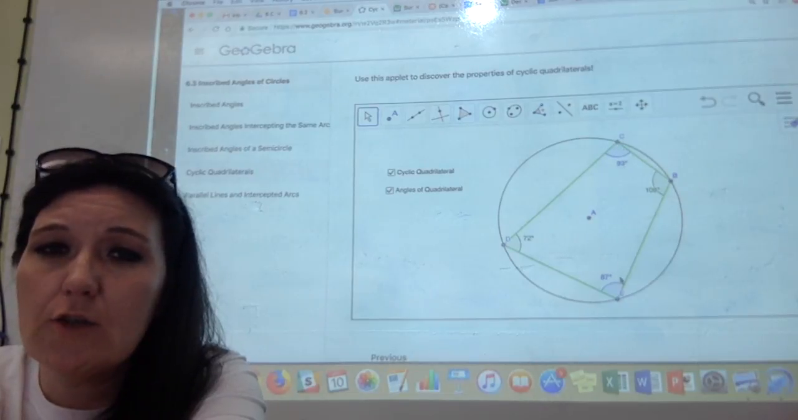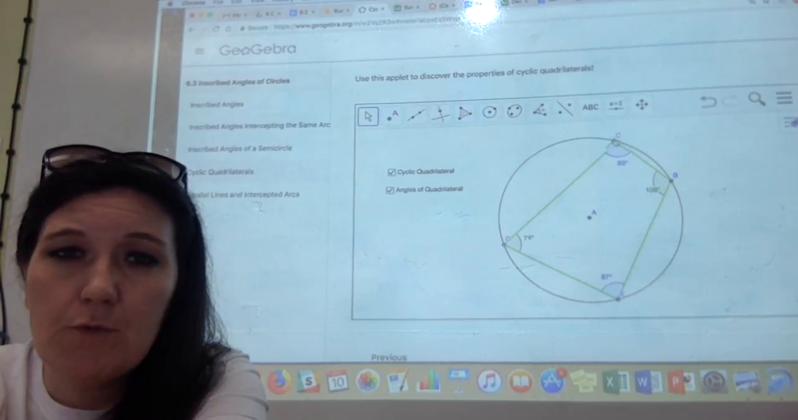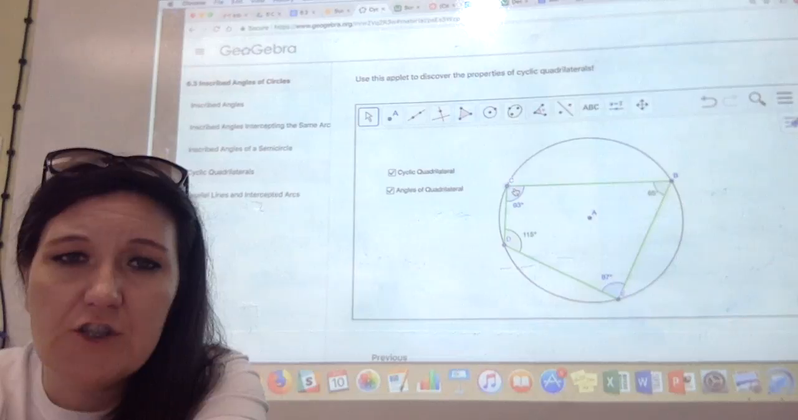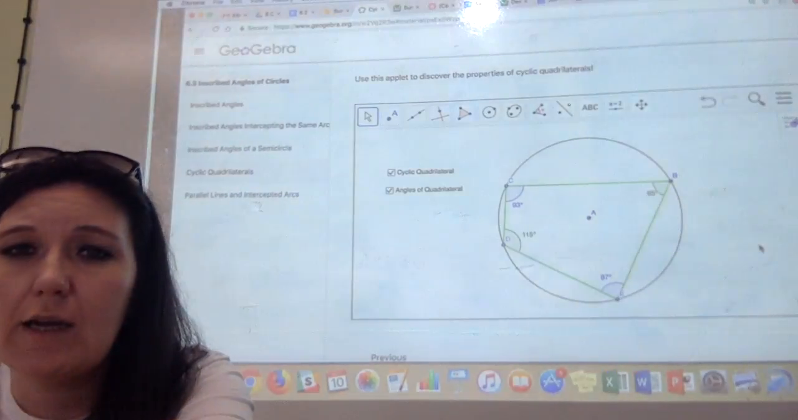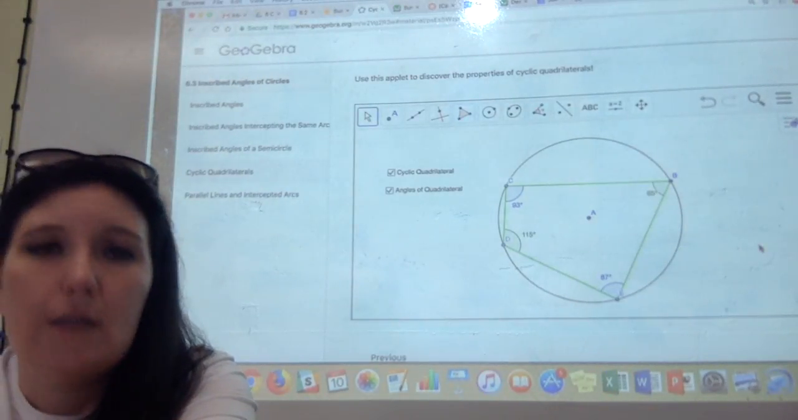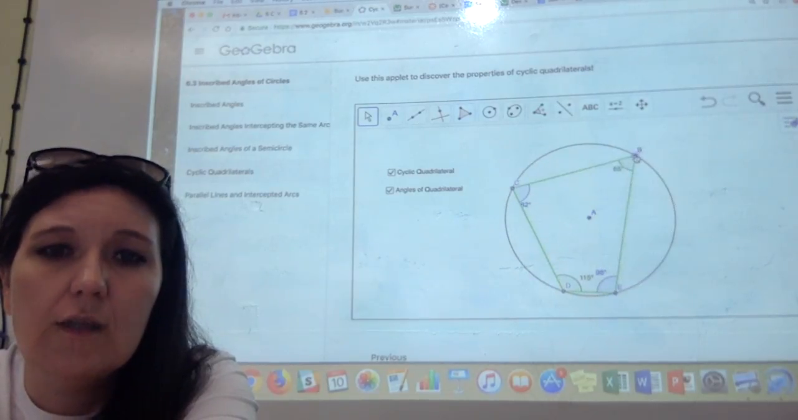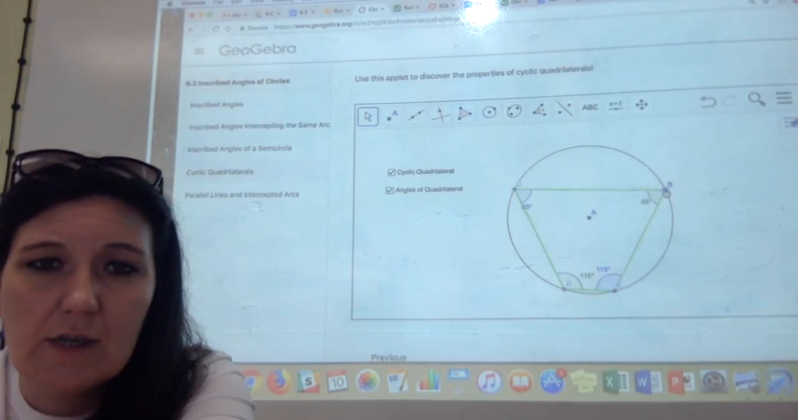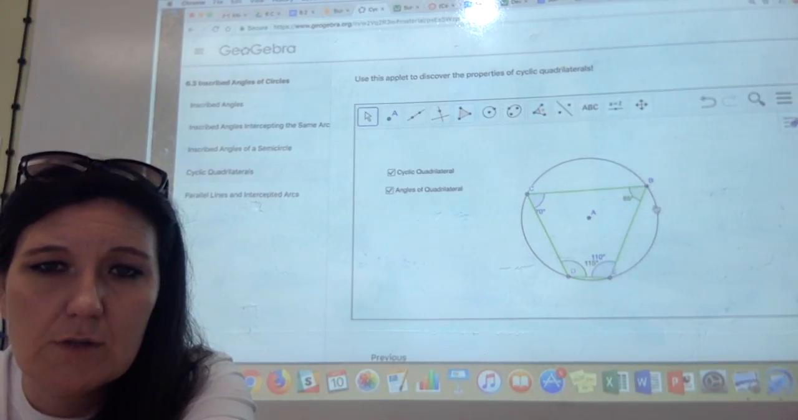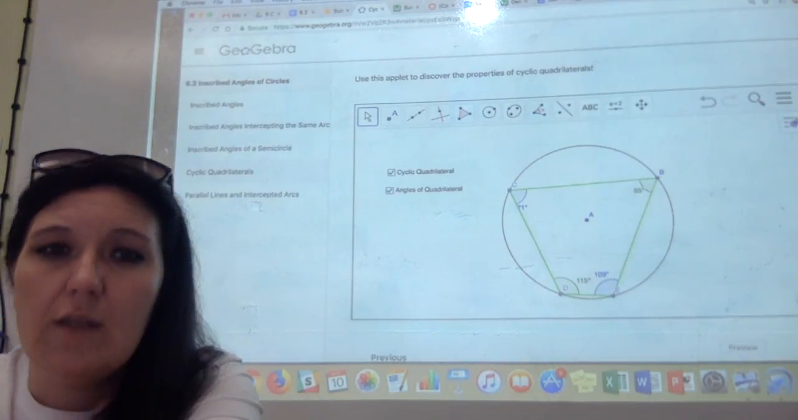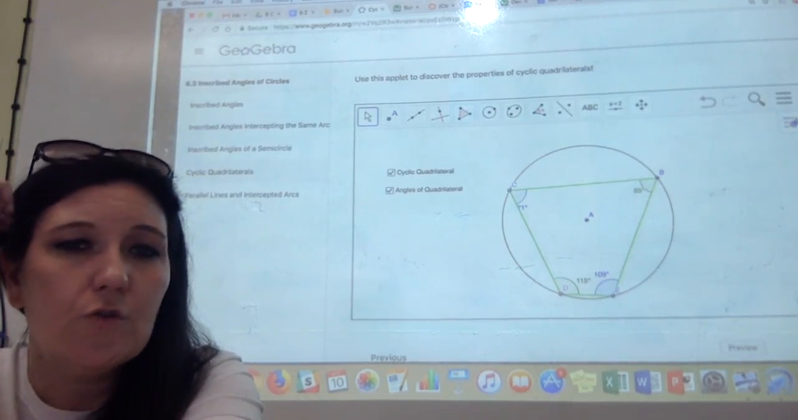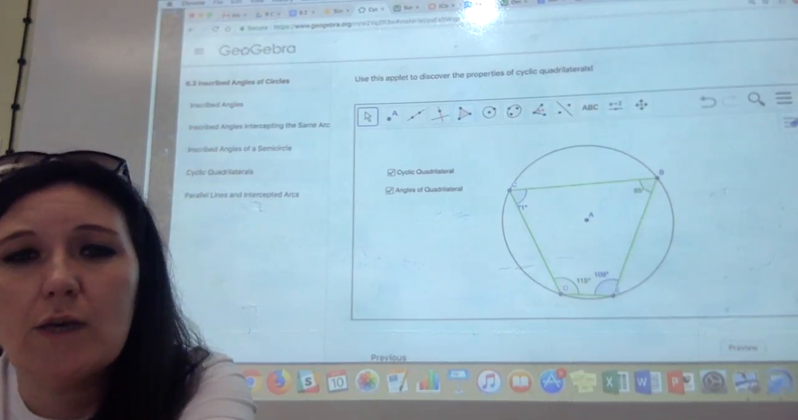But when it was inscribed, let's see if it's true. If I move this one, it changes these two. Do they still add up to 180? Yes. But if I move these guys, yes. So I can move these. It's making my circle bigger or smaller, whatever. They will always be, so that is true, they're always going to be